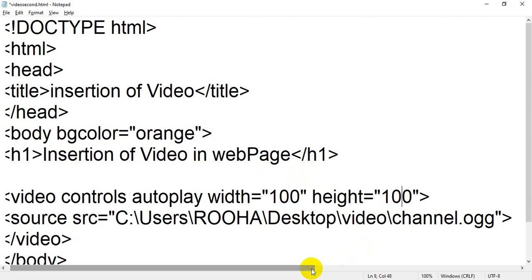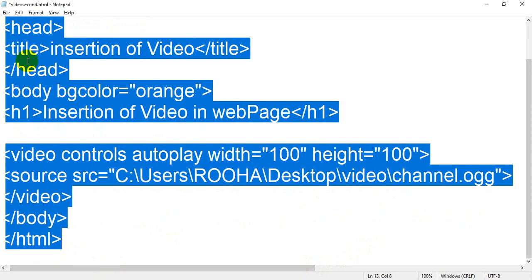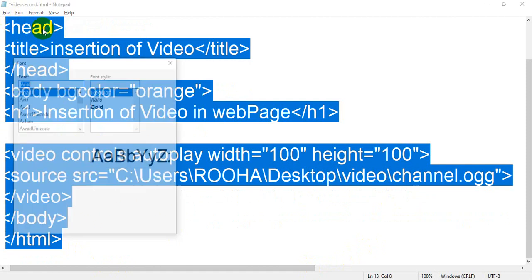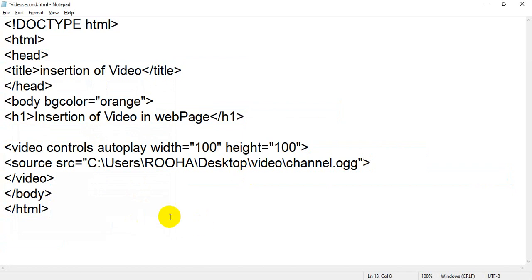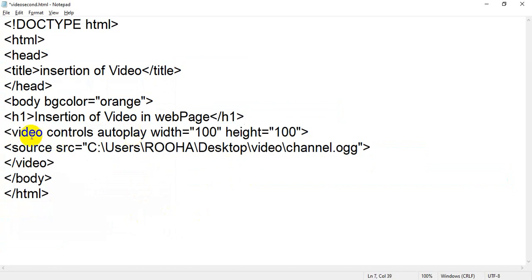Now I want more files, so let me reduce the font size, because it's very big and you cannot see the full screen. Now I think it's a good look. So I have added this video, and I am using the controls attribute, autoplay, and all these things.